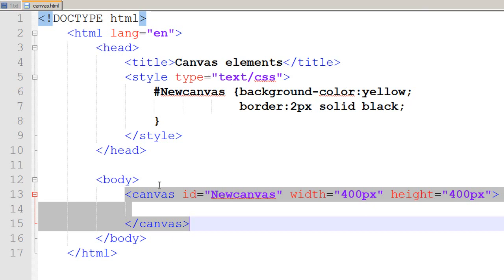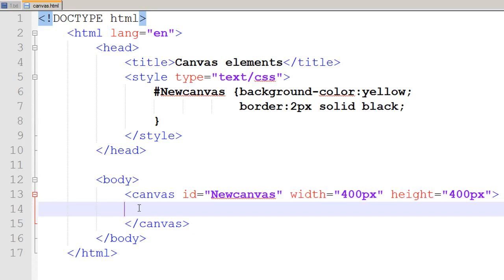So now we will be using the internal JavaScript file to introduce the graphics in our canvas. Right now we have drawn a canvas, but to draw something on our canvas or to import the pictures in our canvas,